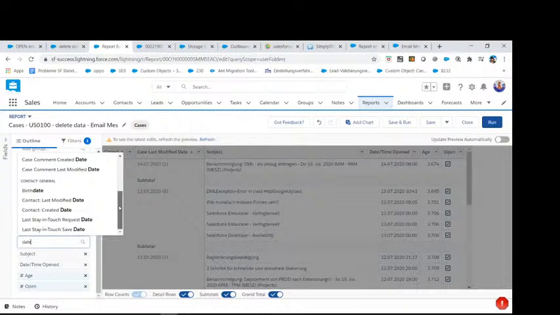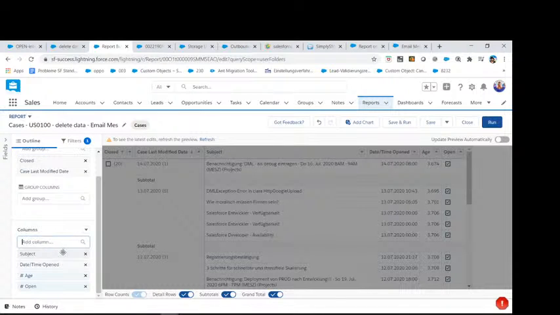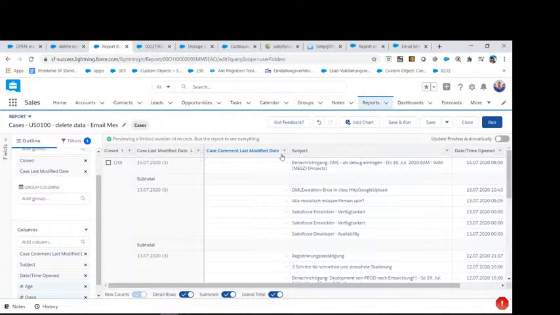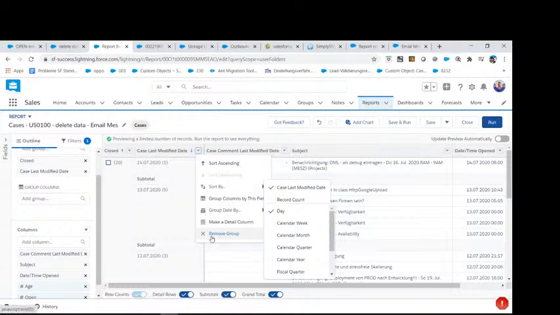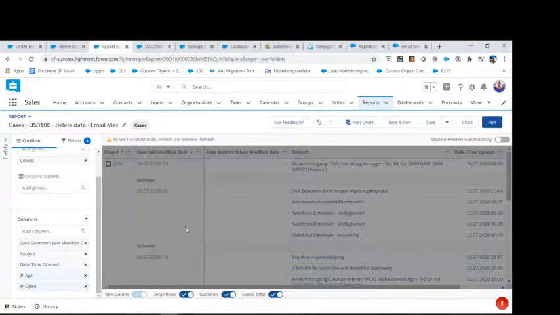I think the last modified date would be fine. The last modified date is going to be this, so we can just make it a remove group.